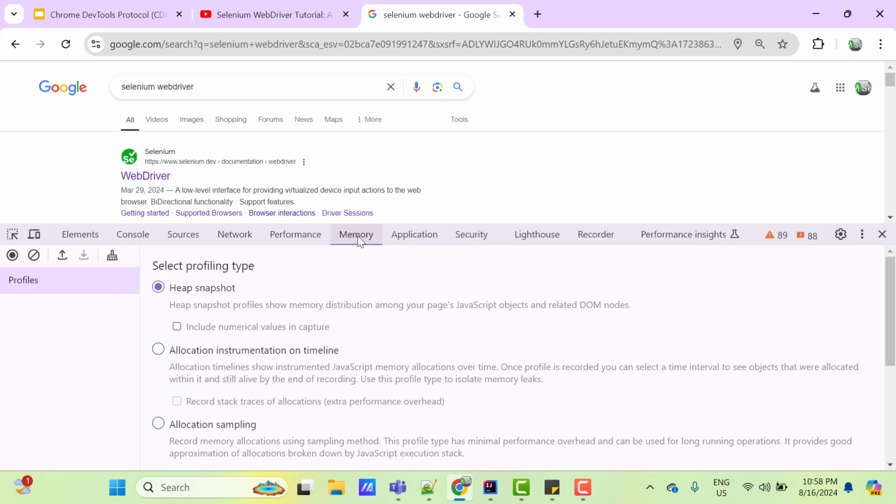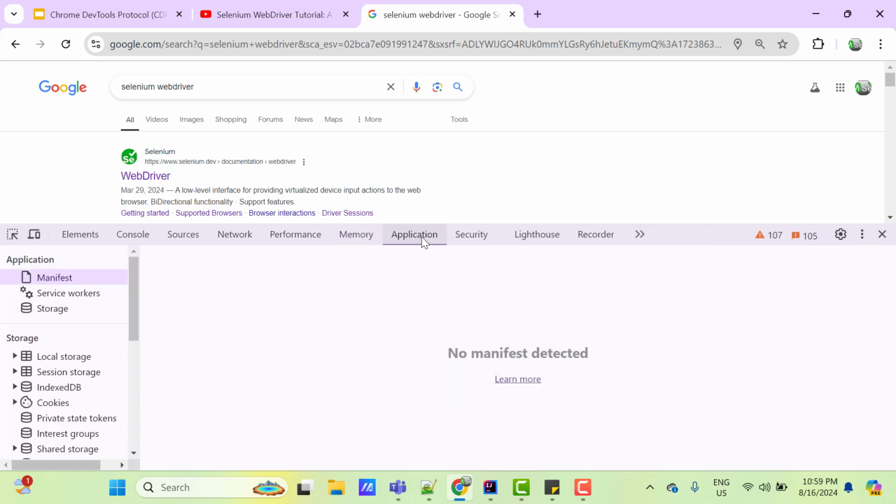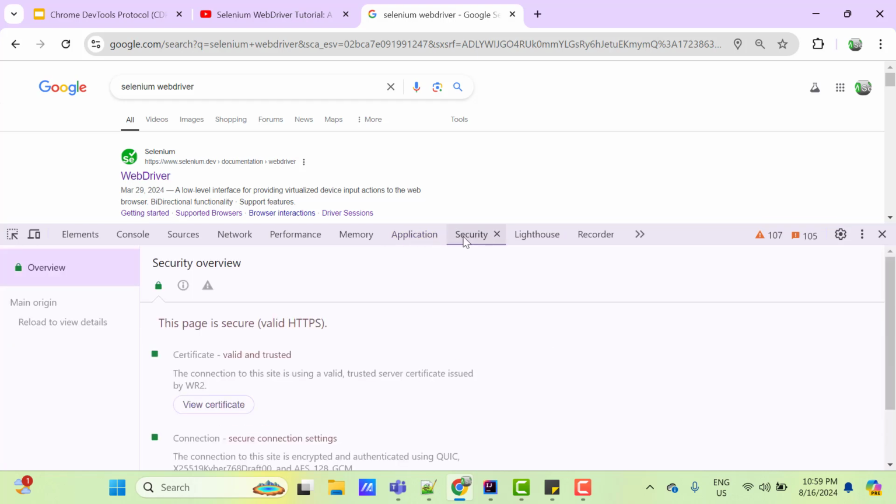Then we have memory to check the memory usage of web pages. Then we have applications where it shows how it is storing all the details, like sessions or cookies. Another important one, we have security. Whatever security is applied on your website, you can see all these details here, like this page is secure, valid HTTPS. So all these tools have some special purpose which will help developers to debug their website and develop it